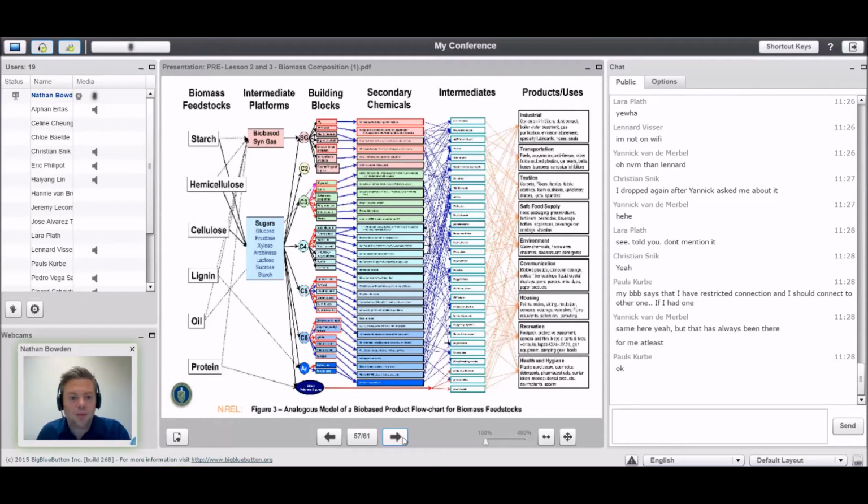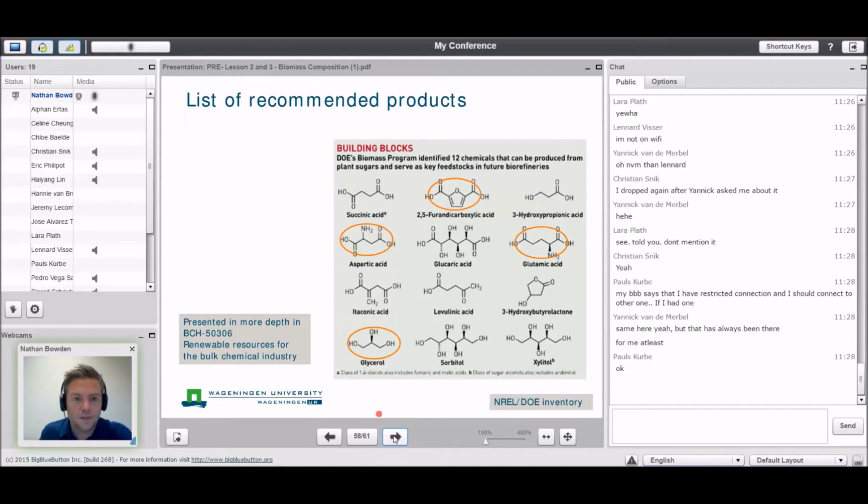It can be extremely complicated. Obviously, you don't need to make all of this. You need to look at just one specifically. Proteins. Recommended products. If you want to learn more,